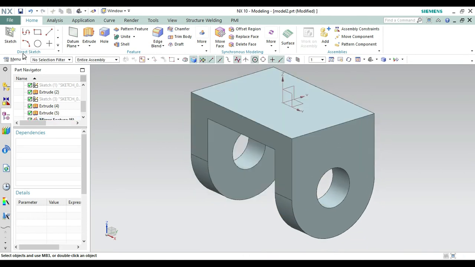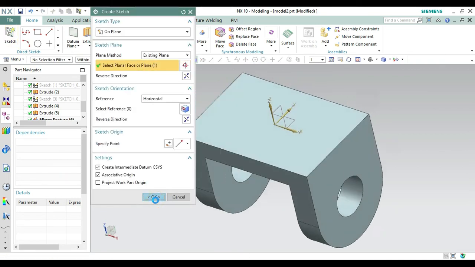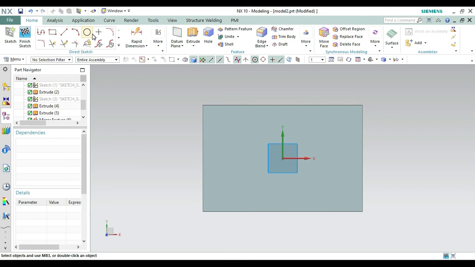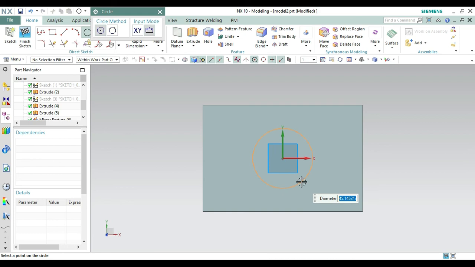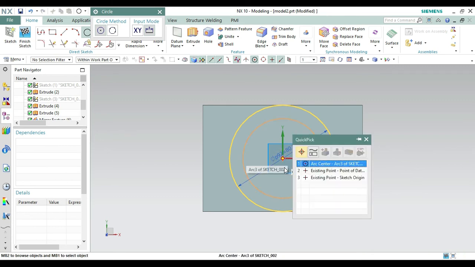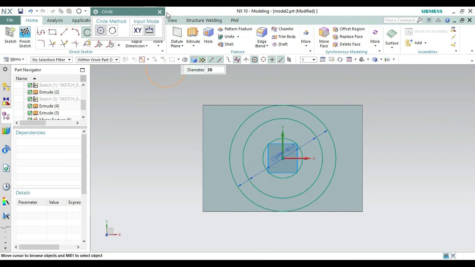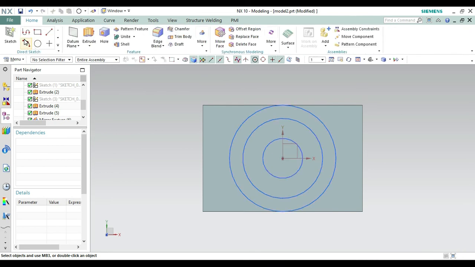Now we have to work with the upper face. Selecting the sketch on this face, make it okay from here. Now we have to create a circle of diameter 80 on the upside. Seeing the top side, we can create a rectangle of 80. Then we create a diameter of 60, taking the same center point, and we also need an arc center, and one more circle of diameter 30 from the same center. Now let's finish the sketch.